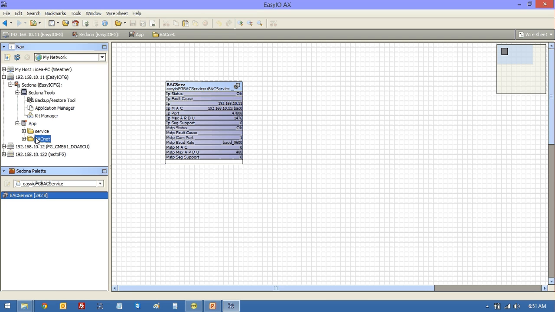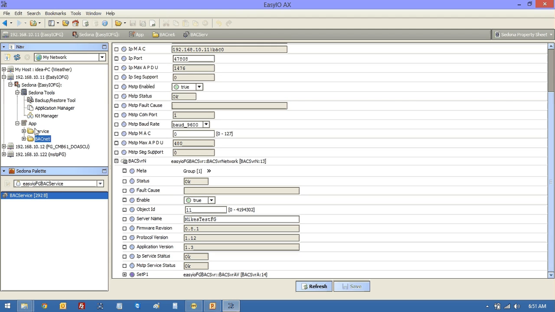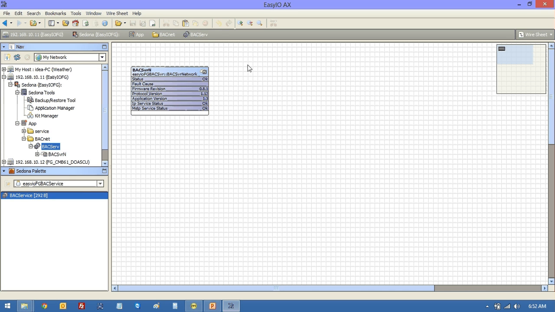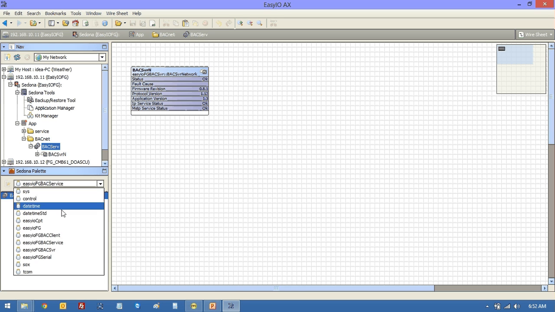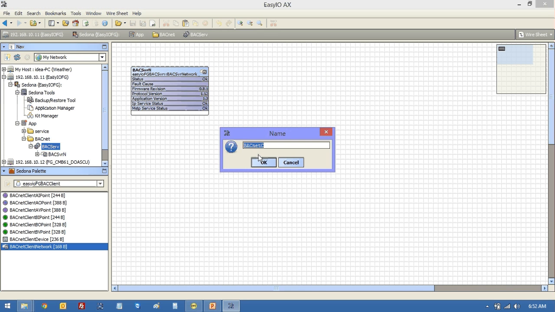Okay, let's now add, so there's the service. Here is the server. As you can see there, BACnet service, BACnet server. What we're going to add next is a BACnet client. So a client manages other devices, and they can both run at the same time. So all you would do is go into the BACnet client this time and grab a BACnet